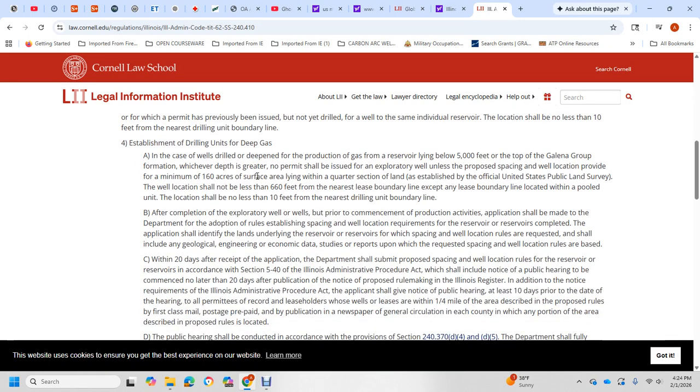Establishing and drilling into the deep gap with the well drill, with the deepest of the production and gap of the reservoir of the line, 5,000 feet with the top of the formation of the depth of the group, with no permanent exploratory well, with a view of providing a safe location provided with the 160 acres, the area of the line with the core section of